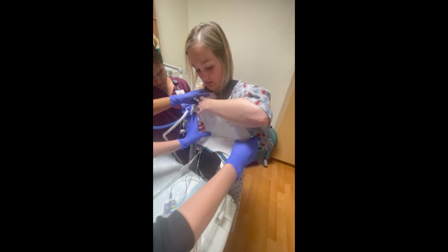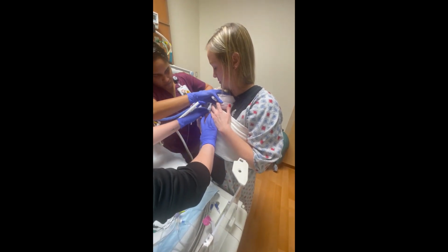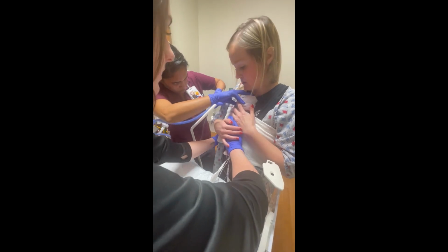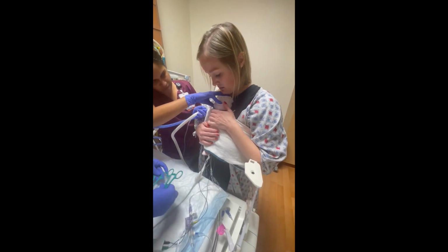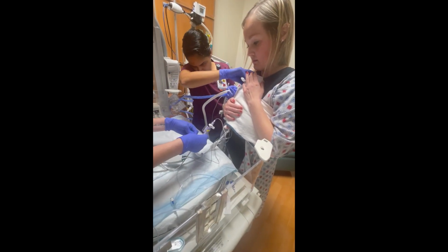It is at this time, before the parent starts to step back, that as the nurse, you should tuck those support wrap straps under their armpits. This creates a more secure way for baby to be held and less flailing movements from the patient. Once the baby is secured and mom and dad feel comfortable with the support wrap,